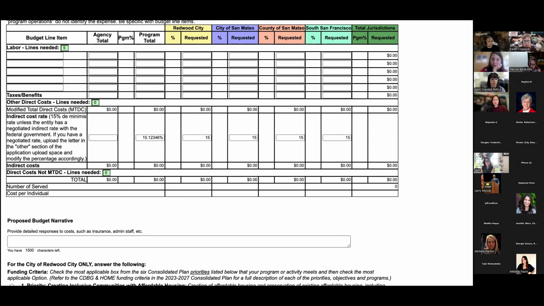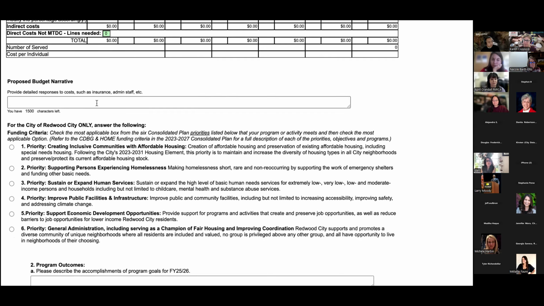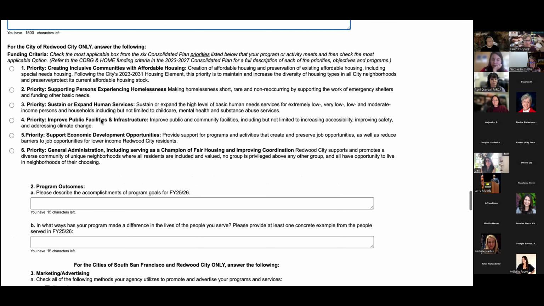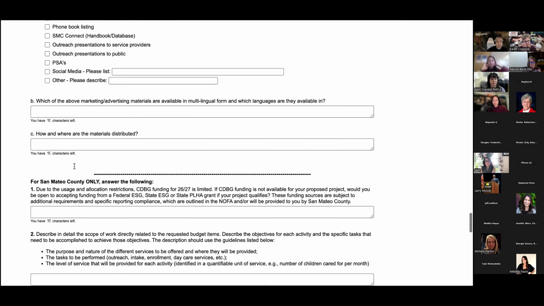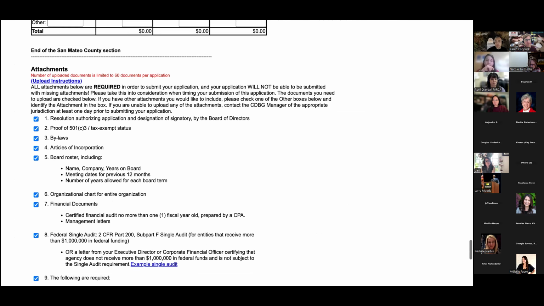If you have any questions on the why, that would go probably to the county or whichever jurisdiction you're applying to, but that's just how the rounding functions. Again, pretty straightforward. Explain your budget, click these buttons, check boxes, and then attachments.